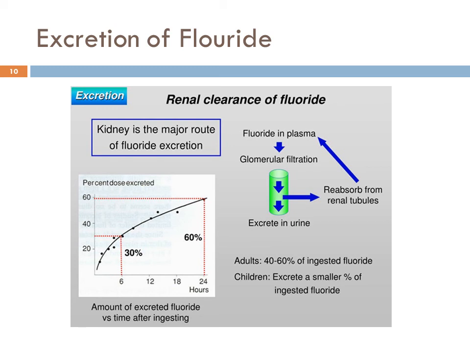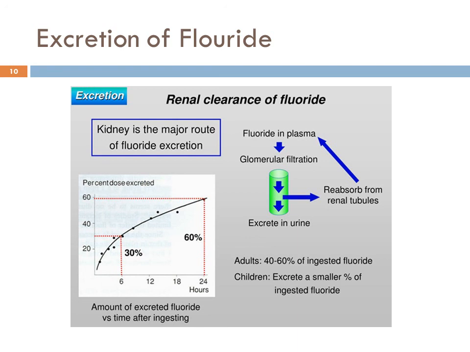After 6 hours, 30% of the fluoride absorbed in the plasma will be excreted, and after 20 hours, 60% of the plasma level will be excreted through the kidneys. In adults, 40 to 60% of the ingested fluoride will be excreted. In children,